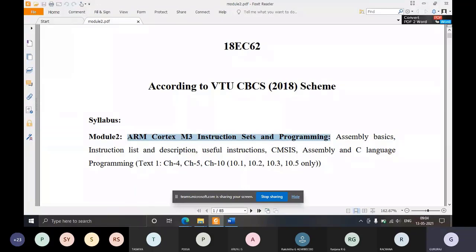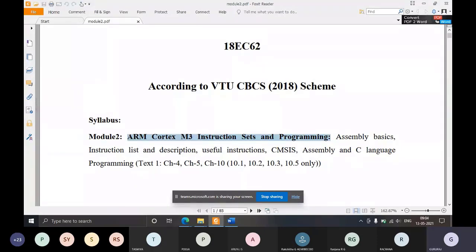So in module 2, what we'll do is we will learn about the instructions that are available for Cortex M3, so that using those instructions you can command the Cortex M3 processor or controller to do a particular job. Okay, so that is the ultimate goal. So use a processor to do a job. So how to use a processor? You have to give some instructions to it. Okay, you cannot give any instructions to it because it will understand only the instructions that are programmed to be understood by it. Okay, that's all.